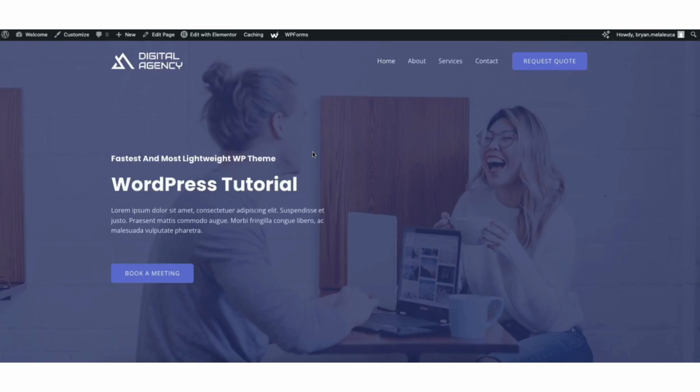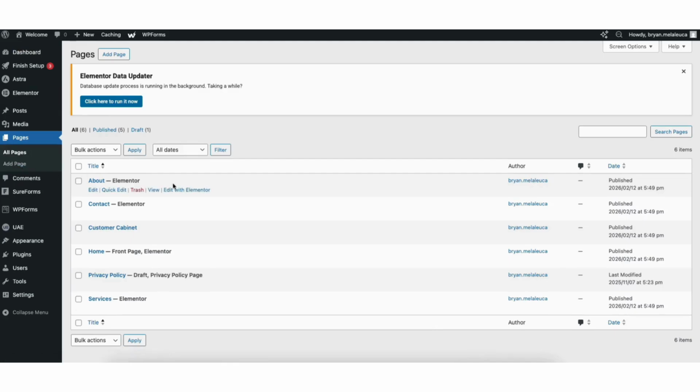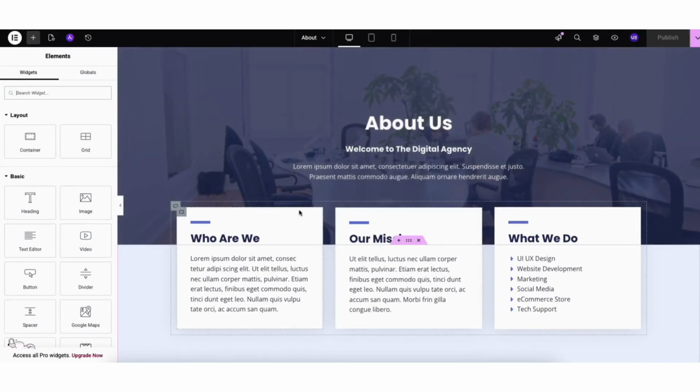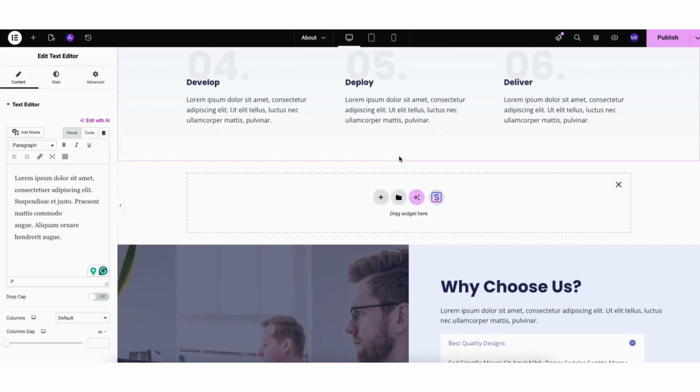You'll notice that when we imported the starter template, it also created several pages for us, like the home, about, and contact pages. That saves us a lot of time. If you'd like to edit any of these pages, simply go to Pages from the WordPress dashboard. Hover over the page you want to edit and click Edit with Elementor. You can customize these pages the exact same way we edited the home page, change text, replace images, adjust sections,